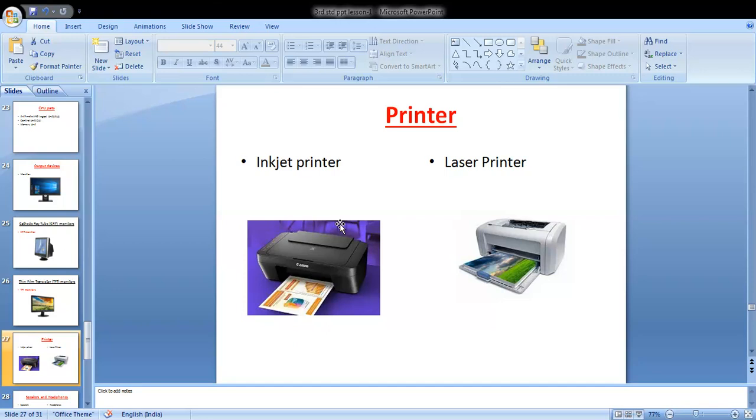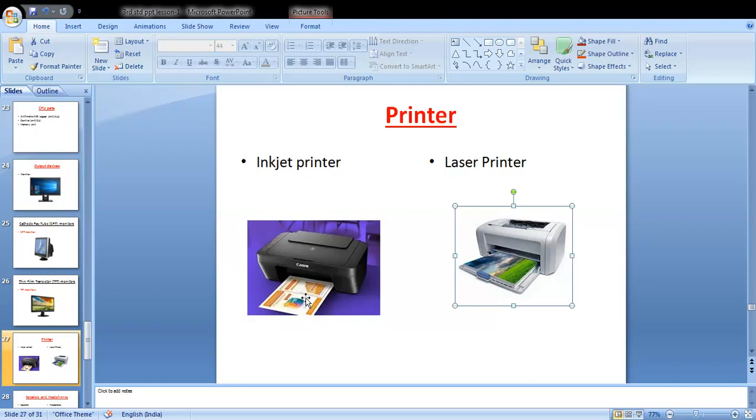All of you know the use of a printer. The printed paper is called a printout. See here, the papers in that printer are called printouts.